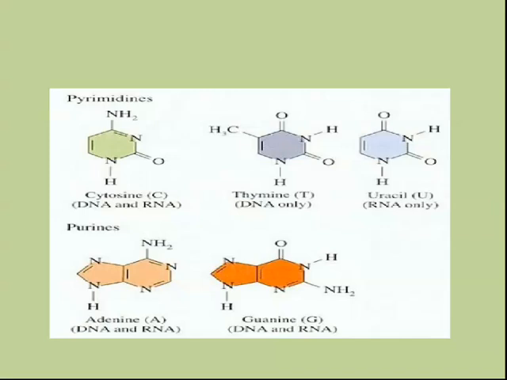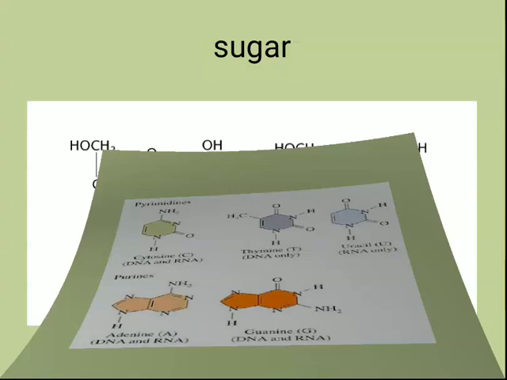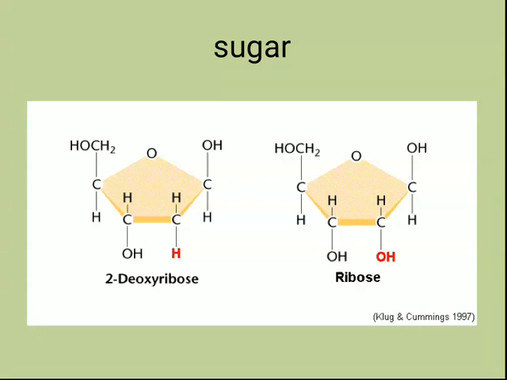Now coming to the sugars, there are two types of sugars which may be present in the nucleic acids. Number one is 2-deoxyribose sugar, also called beta-D-2-deoxyribose sugar, and another molecule is ribose sugar or simply beta-D-ribose sugar. The common thing is both of them contain a 5-membered ring, and it's a heterocyclic ring, but they